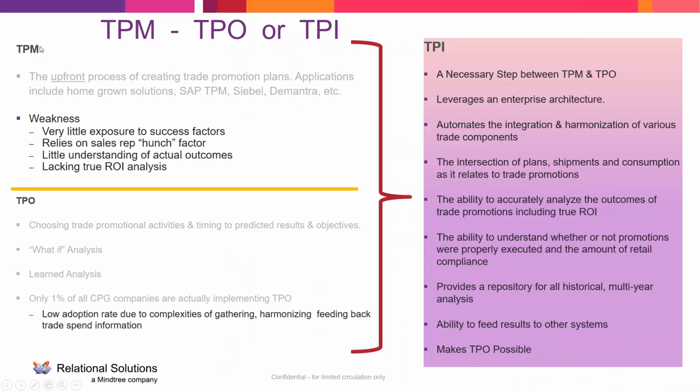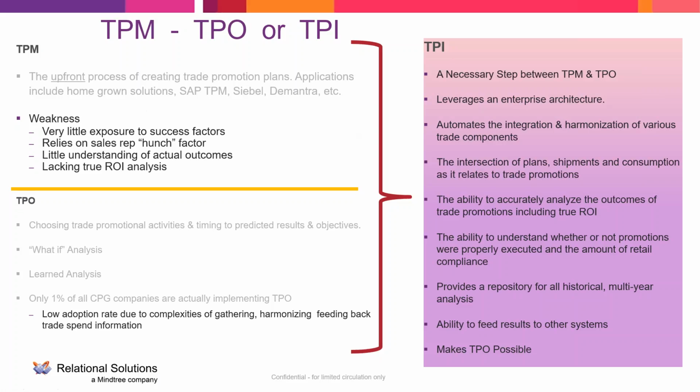promotion intelligence. And what we see is in trade promotion management, this is the upfront process of creating your trade promotions. And it's designed to run those promotions and help you financially plan those promotions. Trade promotion optimization, too many companies try to go from here to here, and they skip this very important piece. We tell people you cannot get to trade promotion optimization without first doing trade promotion intelligence. And the reason is because in order to optimize trade, you have to understand what's happening. And you can't understand it if you're just using the TPM reports.